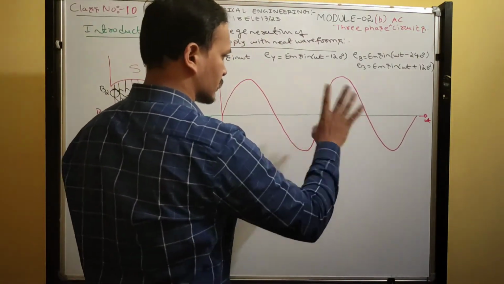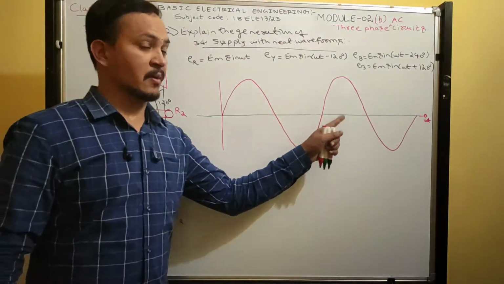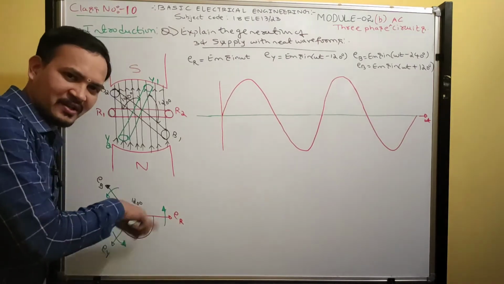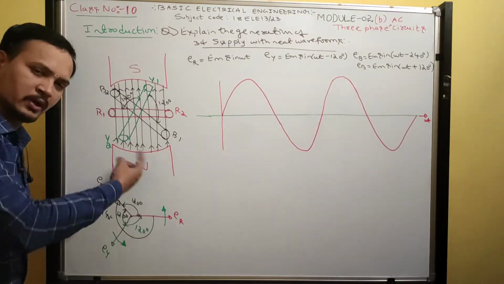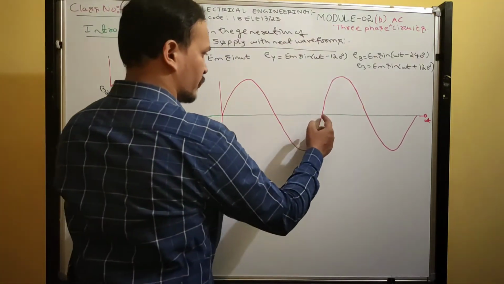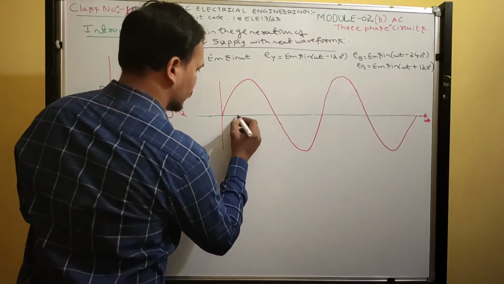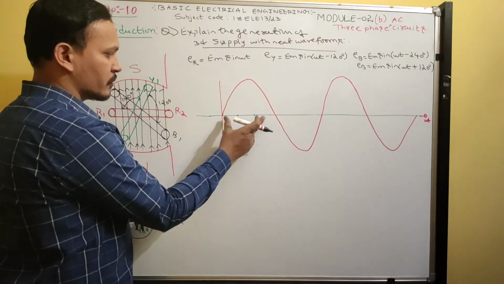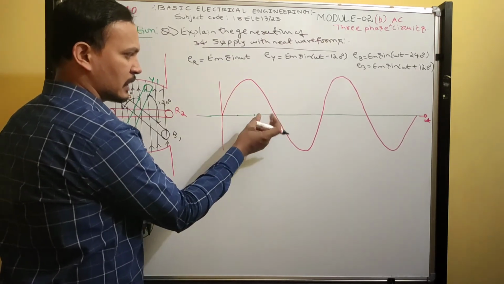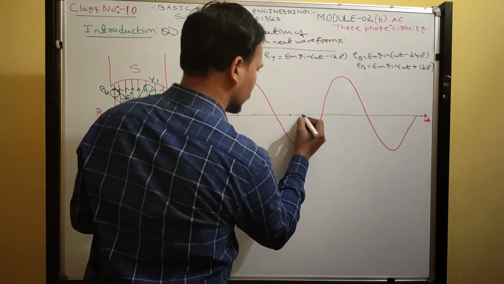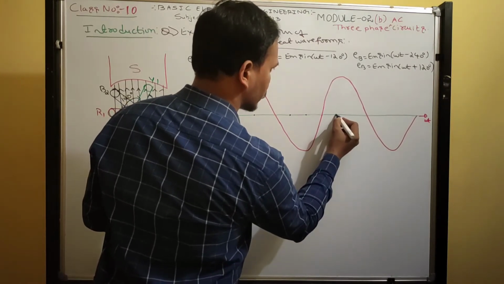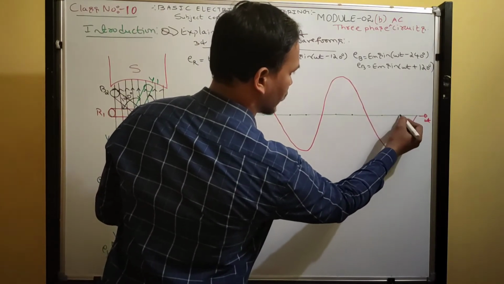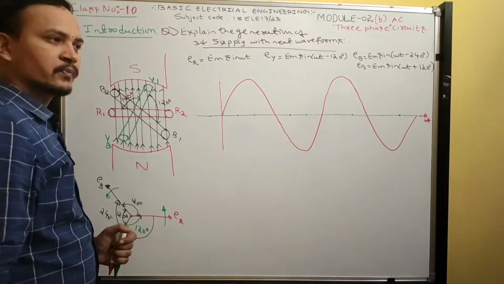See, after writing this R phase, write approximately a maximum of 2 cycles. Why do you get 2 cycles? I rotate twice. If you rotate once, you will get 1 cycle. If you rotate once again, you will get another cycle. After every 2 pi, the cycle repeats. After that, you mark 60 degree points. See, this is a total of 180 degrees. So mark 60 degree intervals: 60, 120, 180. Like that you mark it.